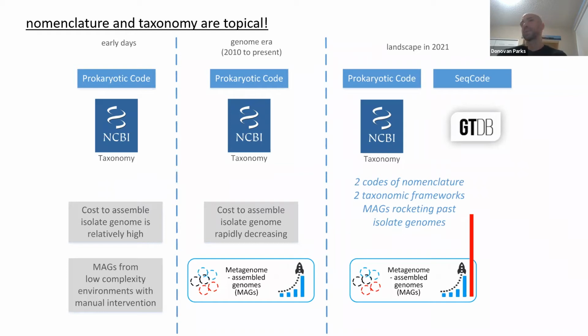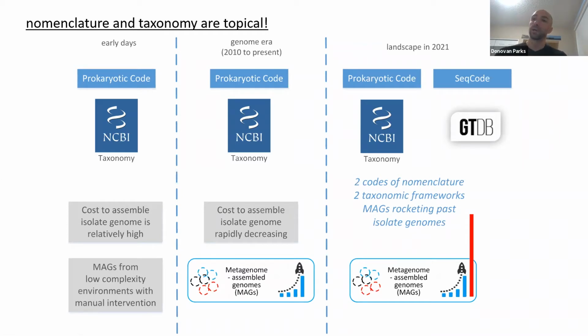And there are now papers coming out where we're literally pulling out 10,000 or more MAGs in a single study. And these represent hundreds, if not thousands, of new species. And these are really stressing these traditional methods for doing nomenclature and taxonomy. So if I take you to 2021, where we are, the upshot of this is now we have